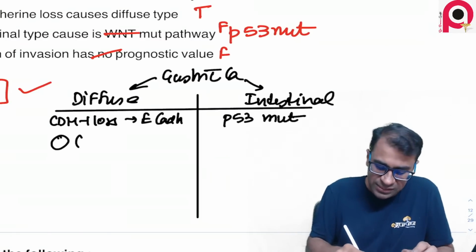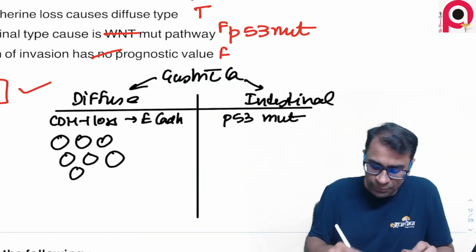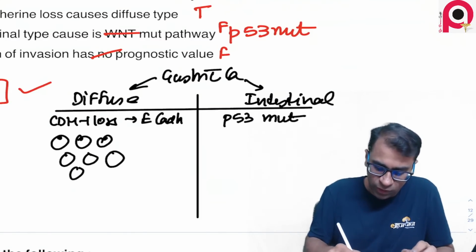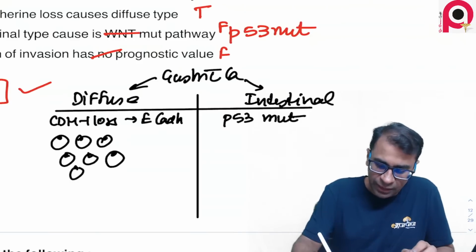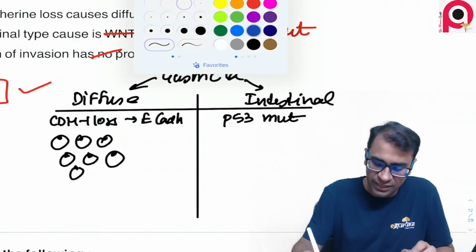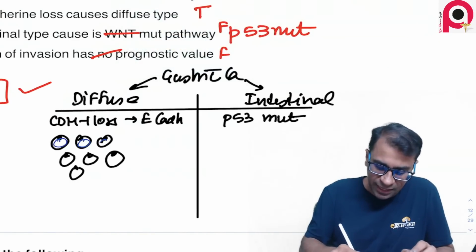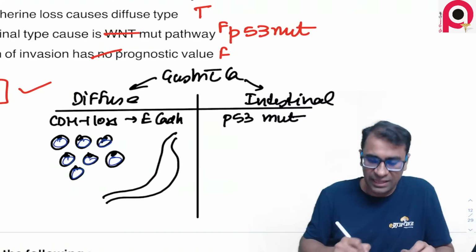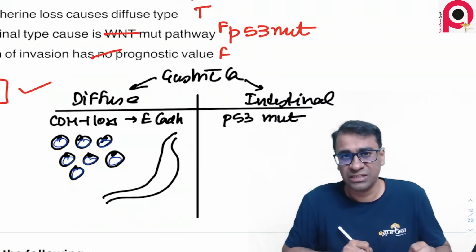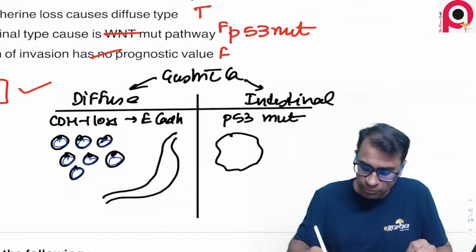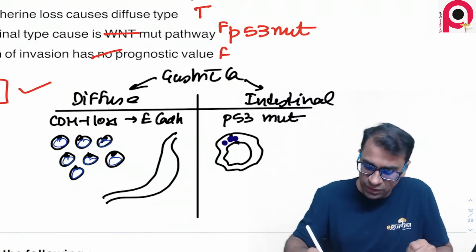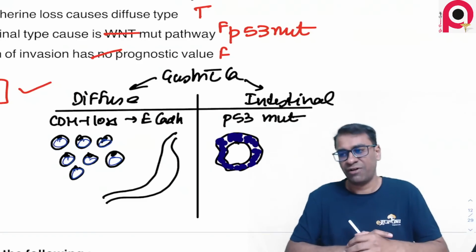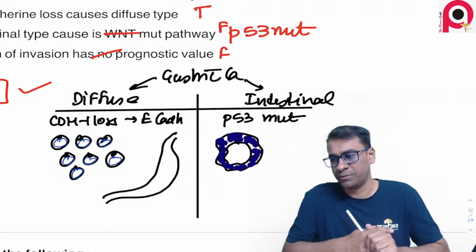Here the cells are all discohesive. Because the cells are discohesive, there can be a nucleus, and a layer of mucin can push the entire nucleus to one side, and that's what is called a signet ring appearance. Because they can invade the muscle more, the stomach can become like this. It is called leather bottle or linitis plastica. However, this shows malignant glands in which you see cohesive tumor cells arranged like this. This cohesive tumor cell is a finding of intestinal type of carcinoma.